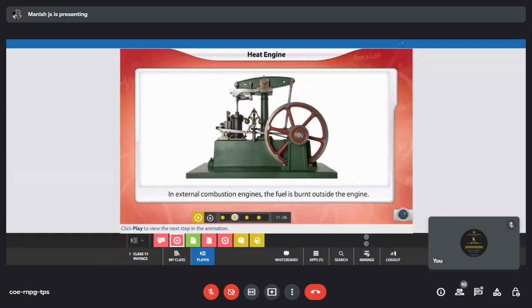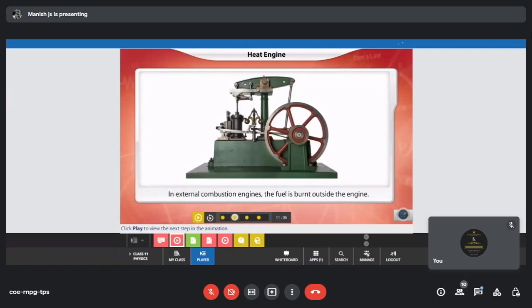Why is internal more efficient? Environmental factors don't affect it much. Yes, heat transfer to the outside surroundings happens, but not to the extent it does in an external combustion engine. So internal combustion engines are more efficient, because the heat we produce internally can be used for doing work, rather than in an external combustion engine where only part of that heat is used, but most of the heat is getting dissipated out.